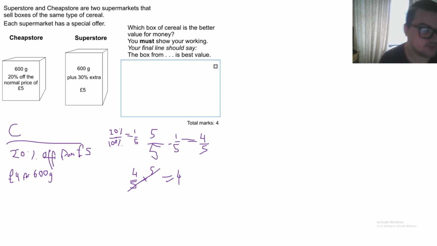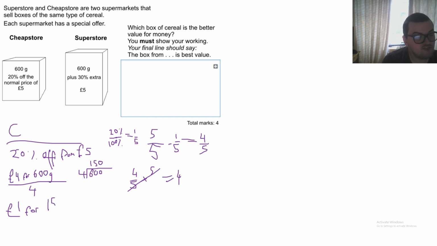So we are going to divide this all by 4 so we can work out how many grams you're getting per pound. So 4 divided by 4 is 1. So for every pound, how many grams are we going to get? Let's just do division. 600 divided by 4. How many 4s go into 6? 1, remainder 2. How many 4s go into 20? 5, remainder nothing. 4 goes into 0, 0. So we get 150 grams